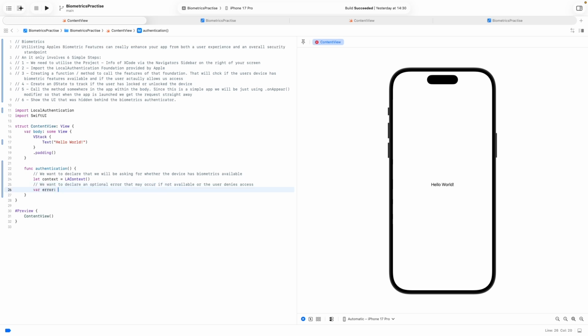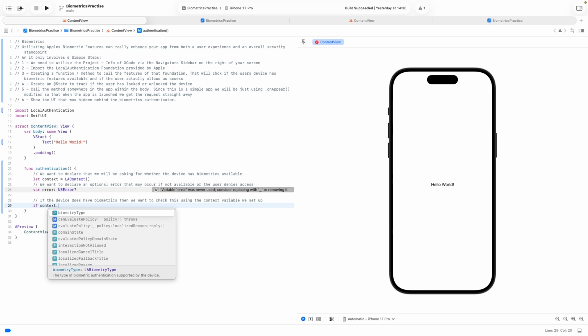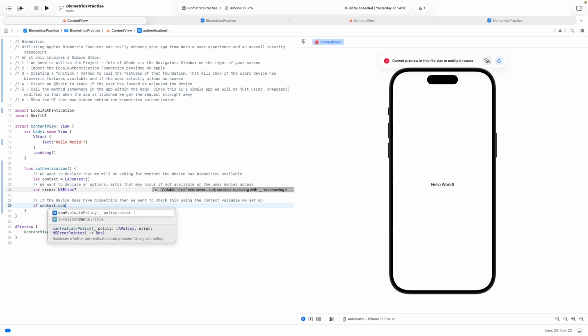So var error, and we will use a colon to signify the type, i.e. this will be the type of NSError, which relates to Objective-C or C language, but don't worry about that, just get used to the syntax. C is basically what Swift is built off of. Then, once we've identified the optional error and also the context,